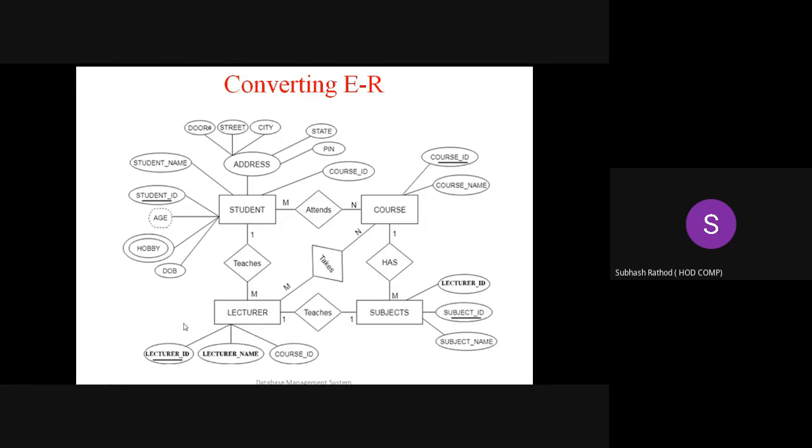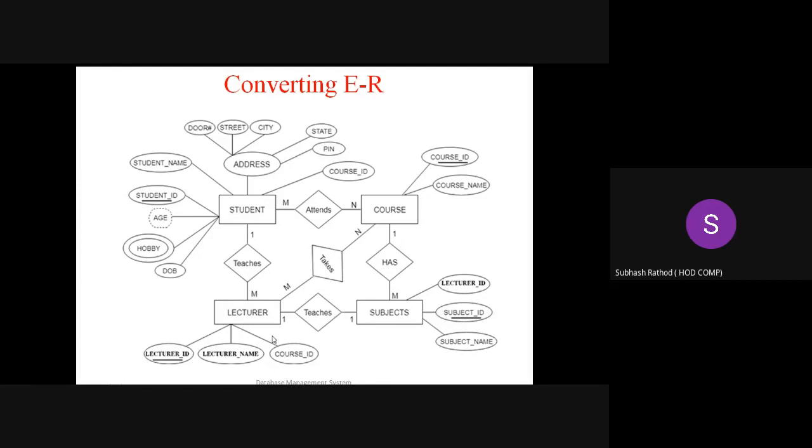Whether the relation has attributes, whether the relation is associated or not. We have to think in all directions about every entity in the ER diagram.